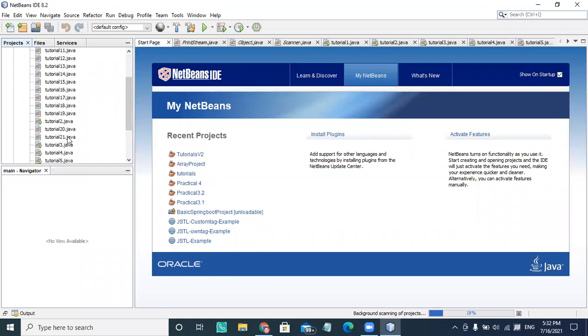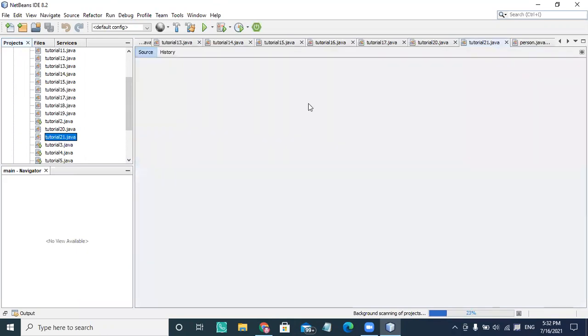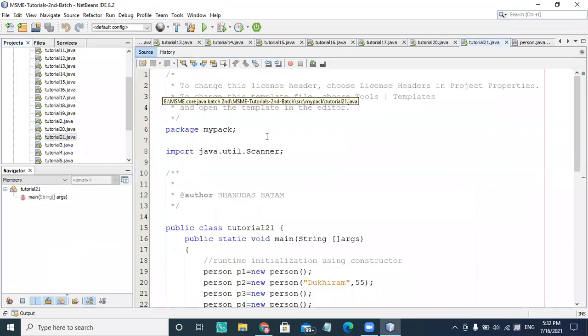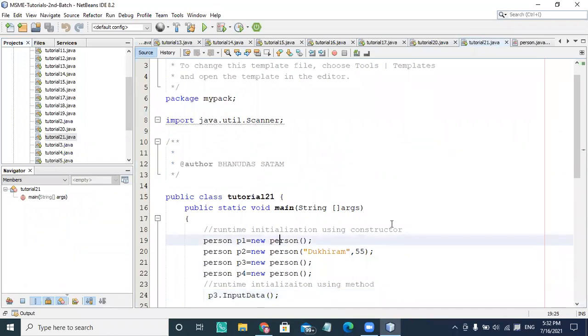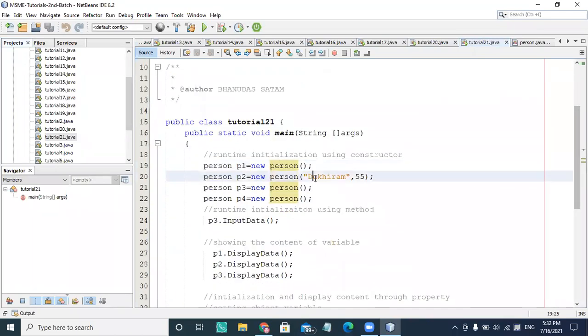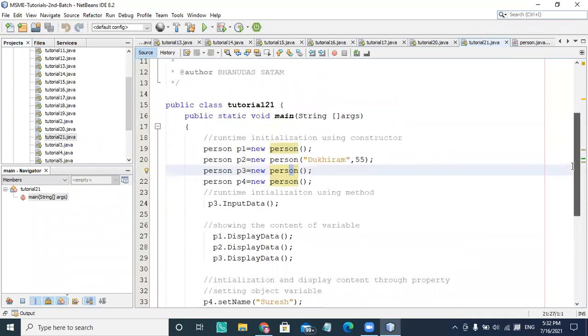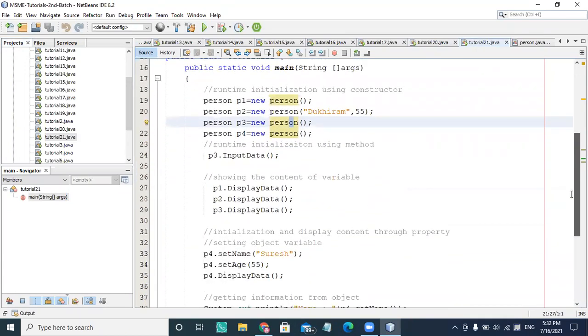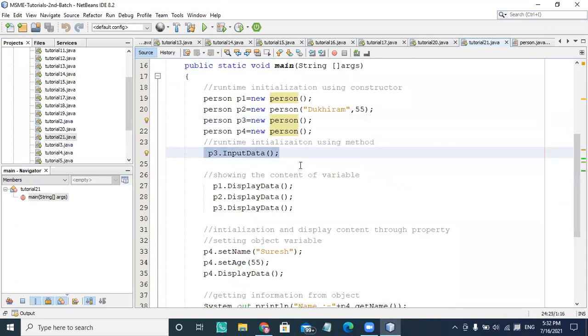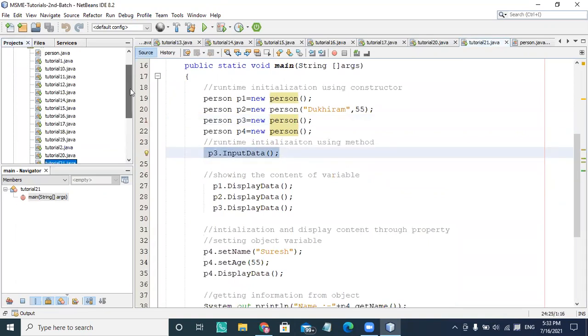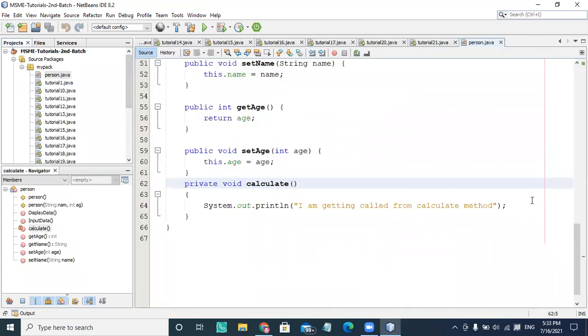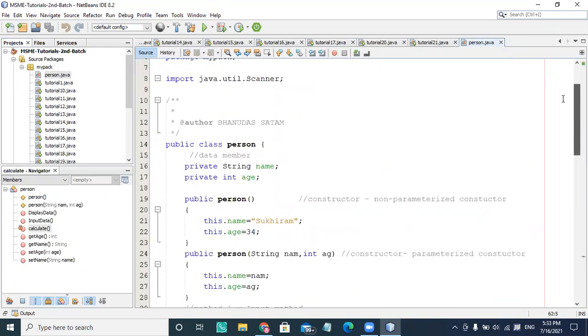We learned in tutorial number 21, and inside that we implemented various ways of initializing the data members: by calling a constructor, by calling a parameterized constructor, by using a property, and by using an input data function where people can input data at runtime. We created person.java, which is a class.